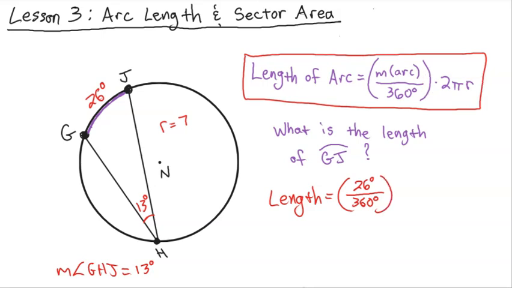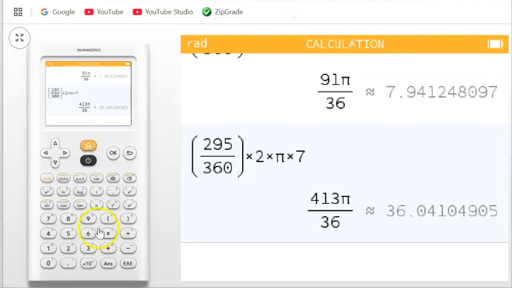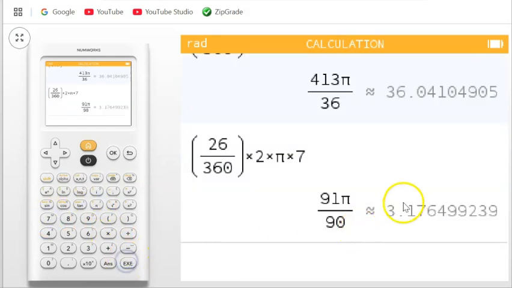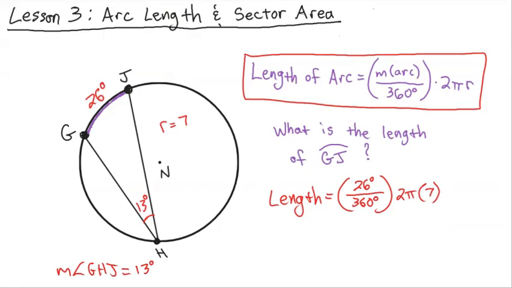And then we're going to multiply by 2 times pi times the radius, which is 7. And now we're just going to go over to our calculator again. And so we're going to do 26 divided by 360. And we're going to multiply by 2 times pi times the radius of 7. And that's going to give us 3.176. So this is going to be 3.176, okay? And so this is an example of doing the length of an arc when you have an inscribed